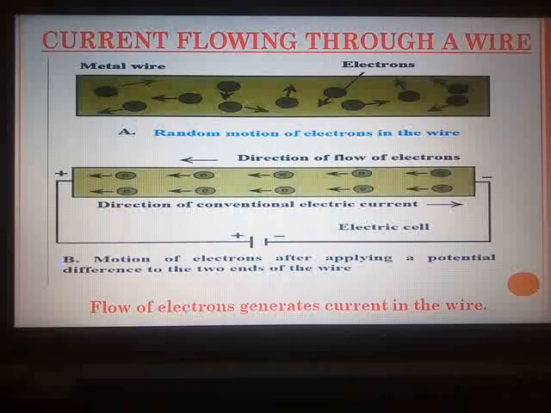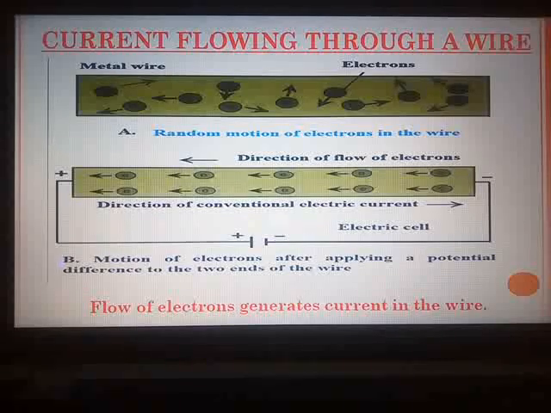So this is a small thing which you have to remember, especially when you are going to draw electrical circuit diagrams ahead and solve the numerical examples. Here students get a little bit confused. So even though electrons are moving from the negative to the positive terminal, for conventional purposes, the flow of current is always shown from the positive to the negative terminal.